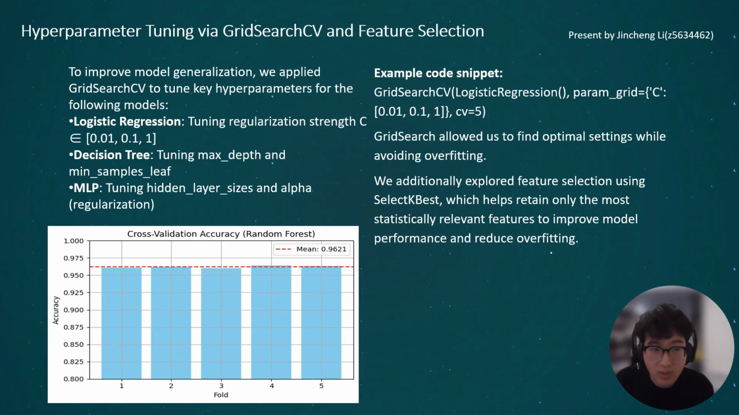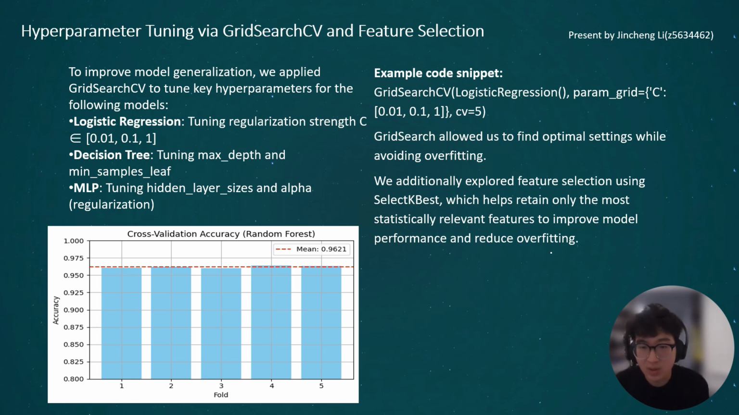Then I will introduce hyperparameter tuning via grid search and feature selection. To improve model generalization, we applied grid search to tune key hyperparameters for the following models: logistic regression, decision tree, and MLP. Grid search allows us to find optimal settings while avoiding overfitting. We additionally explored feature selection using SelectKBest, which helps retain only the most statistically relevant features to improve model